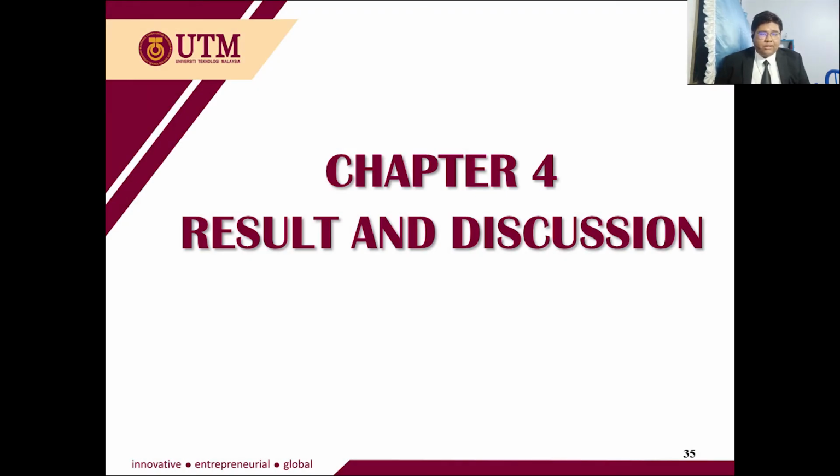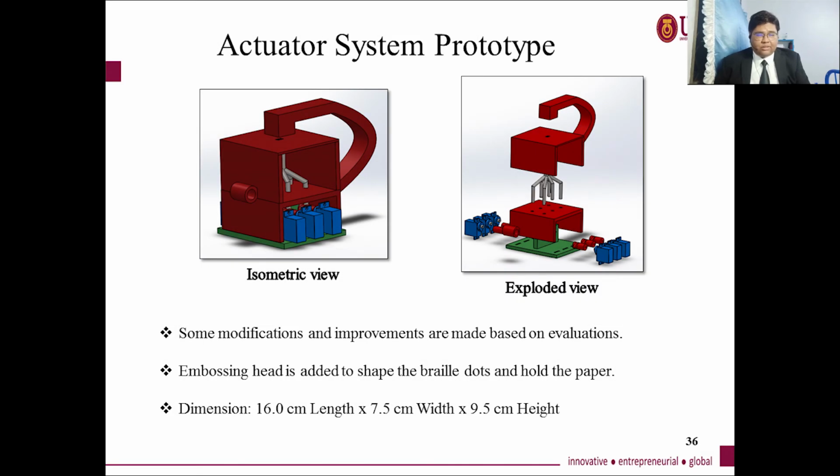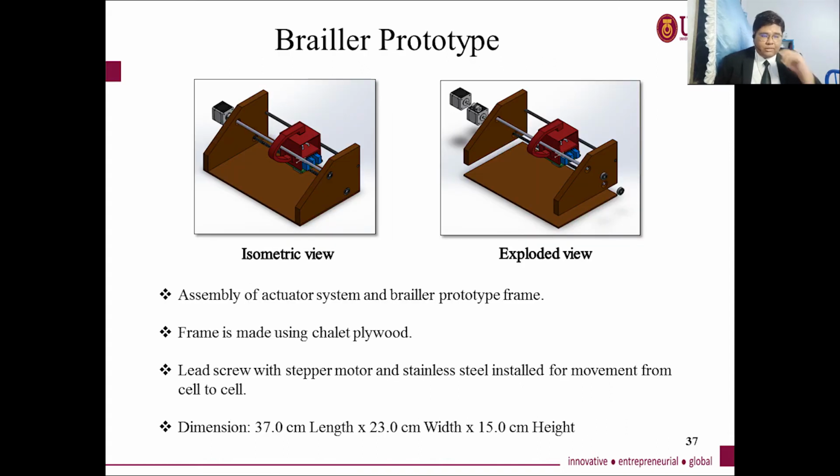Next is chapter 4, result and discussion. And this is the actuator system prototype, which some modifications and improvements are made based on the evaluations before. Embossing head is added to the design so as to shape the braille dots and hold the paper. This is the Brailler